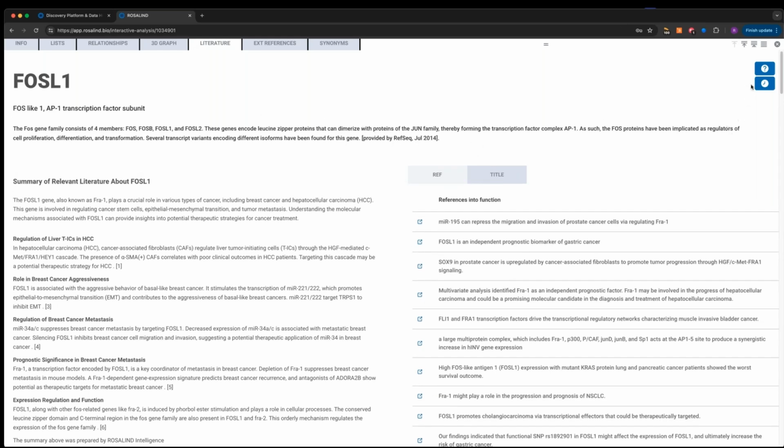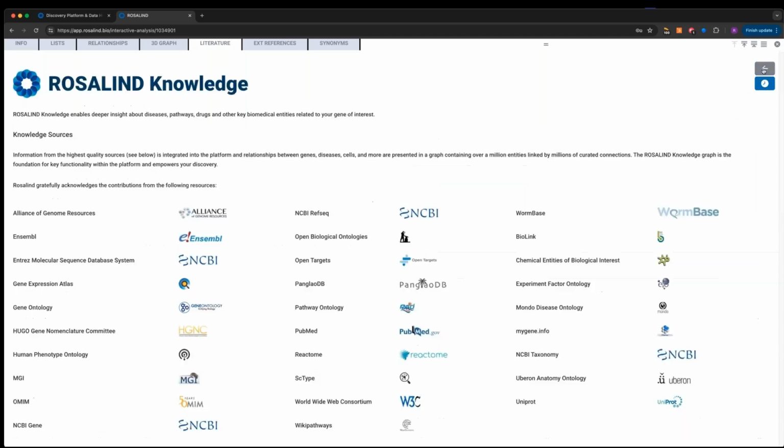So what's sitting behind Rosalind is our knowledge graph. And what our data science and AI teams have done is we've gone to all of these public repositories, and we've integrated this information. So this is information about gene functions, different ontologies, representations, drug characteristics, cell types. It's this big wealth of information, billions of data points. And our AI team, our data science team, we harmonized all that information so it talks to each other.